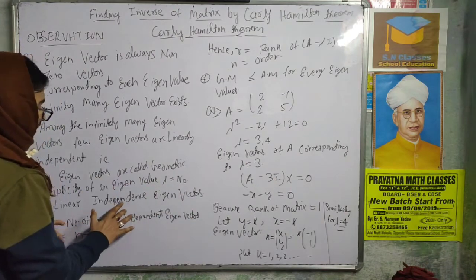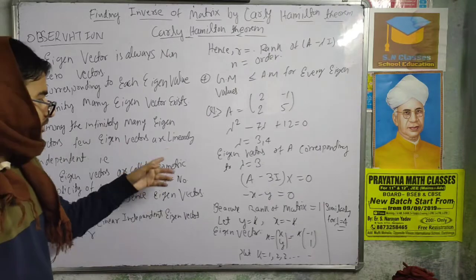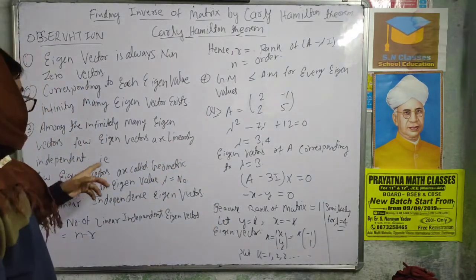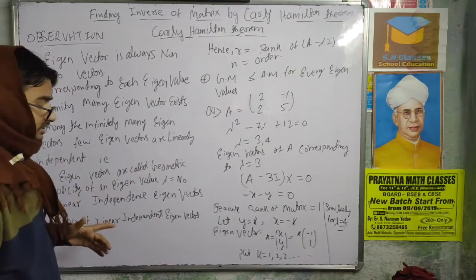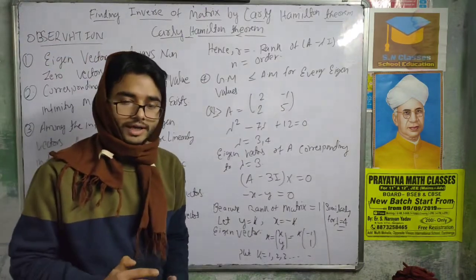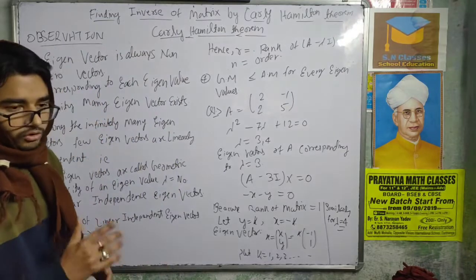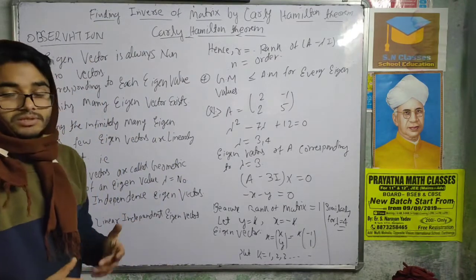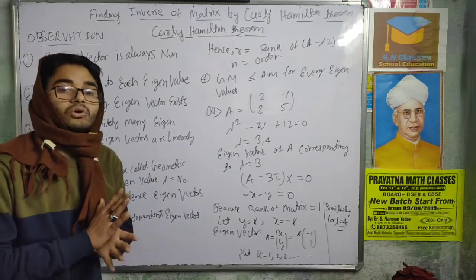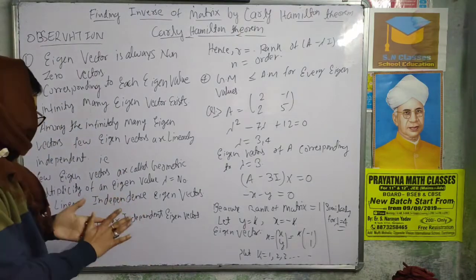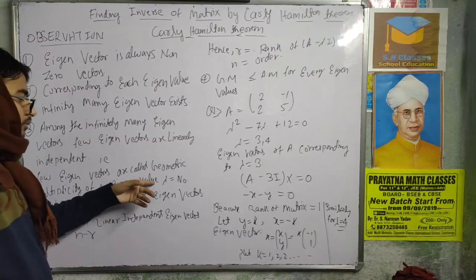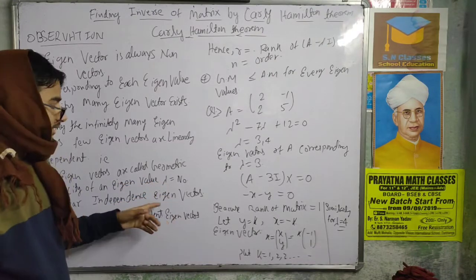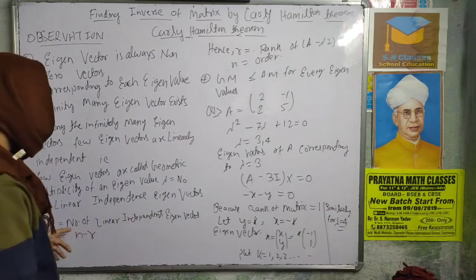What is meant by that? We have discussed in the previous slide also that some lambda values are repeated. For that also, they are telling that a few eigenvectors have geometric multiplicity. Geometric multiplicity means they all exist for the same value. For the same value the eigenvector cannot change, so both the vectors are collinear, both are overlapping each other. For an eigenvalue lambda, that is the number of linearly independent eigenvectors.